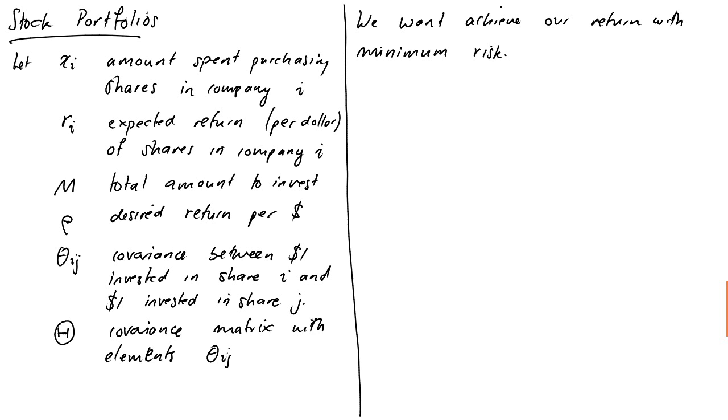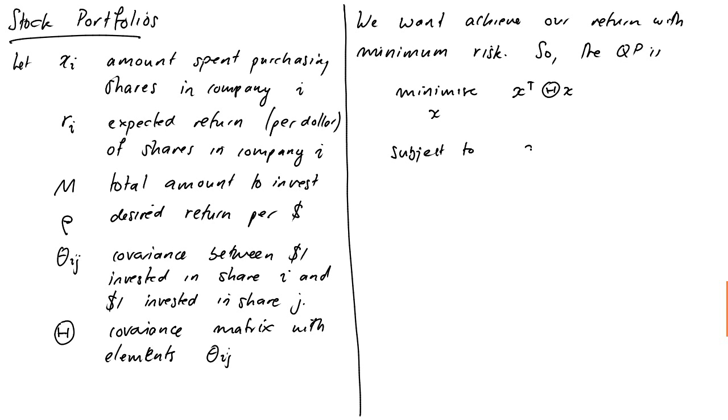Okay, so the QP is, it turns out that what we want to minimize is this quantity here. Those of you who are studying finance will understand this quite well. Those of you who aren't, just look at it as cultural enrichment. So I want to minimize this quadratic involving our covariance matrix. If we're investing in shares that don't vary together, we're going to have all zeros or very small numbers in here, and this will be a small quantity. Subject to